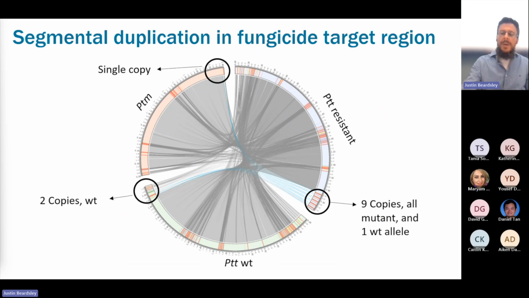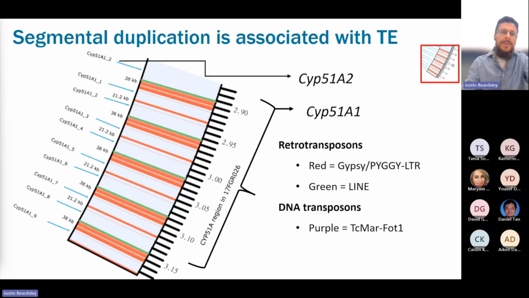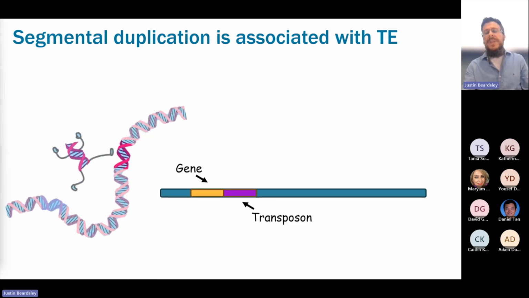It was in chromosome 6, the region where the CYP51 target is, right? And when you zoom in on this region, you could see that our CYP51 copies are sandwiched between transposon elements of different types, 3 different types, okay? Now, if we know what the transposons actually do, the transposons are just there doing their thing, but when there is